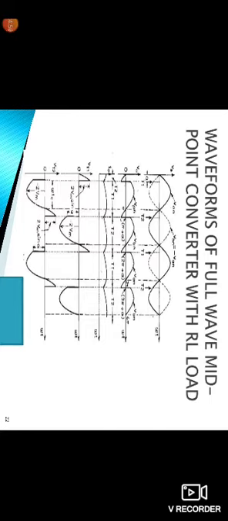The waveform consists of the first one, the sine wave VAN, and the second one, VBN, which is the replica of VAN, that is minus VAN, indicated with dotted lines. Here alpha is the firing angle applied at a certain point, first at T1 and next across T2, and so on. This is the firing angle state. Whenever the firing angle is applied, the output voltage first decreases, then it maintains constant due to the RL load.